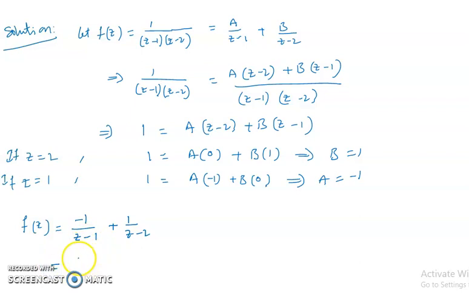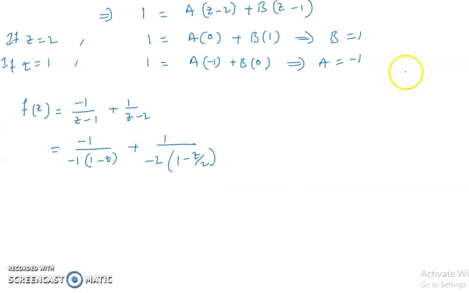So we can write minus 1 by minus 1 of (1 minus z). We are not changing anything in the denominator. We have to get 1 minus something form or 1 plus something. So we write this as minus 1 of (1 minus z); if you multiply with minus 1, you will get z minus 1 again. The second term we write as minus 2 of (1 minus z by 2). In the denominator we have to get 1 minus something or 1 plus something. That's why we write the first term as minus 1 of (1 minus z), and the second term as minus 2 of (1 minus z by 2).